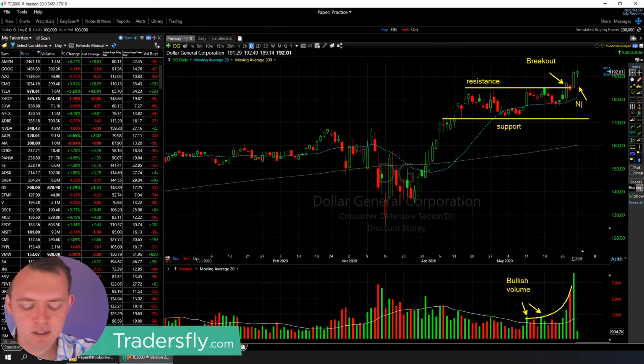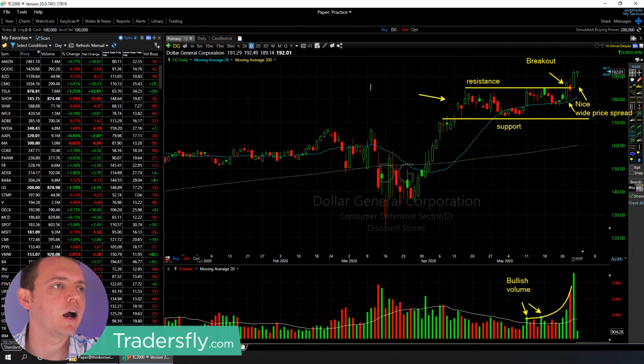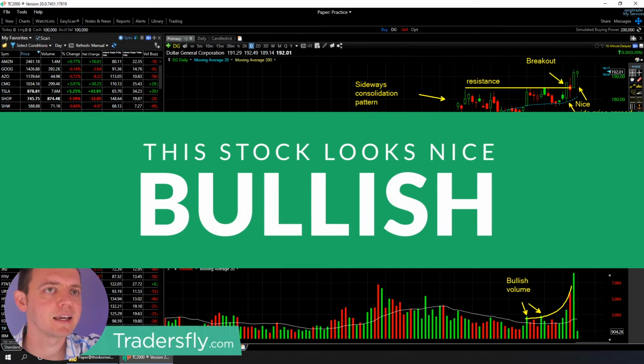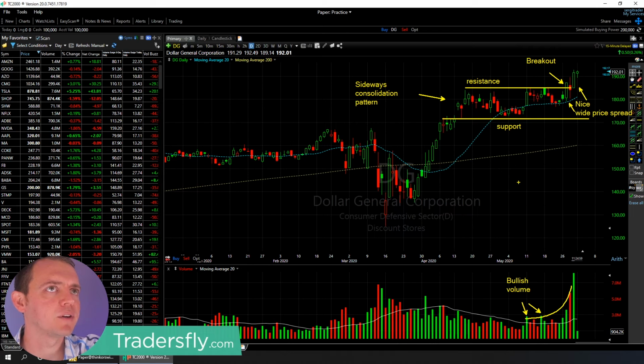You've got nice wide price spread. That's a good sign. The bars are big, so you could see both of these bars right there. They're very good, very healthy, and it's starting to move right after a nice sideways consolidation pattern. Because after you get a sideways move and then you get a move higher, that's good because you've had some digestion and some sideways action, and that's what's happening here. So I would say I'm bullish on this stock, and I think it can continue to ramp up into higher